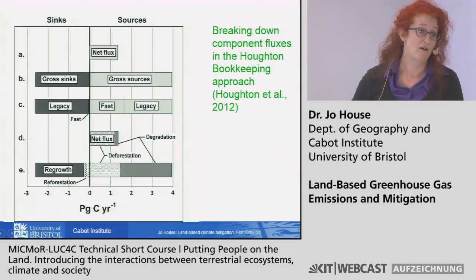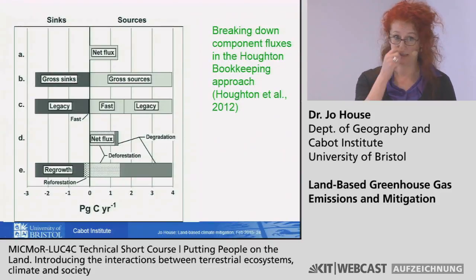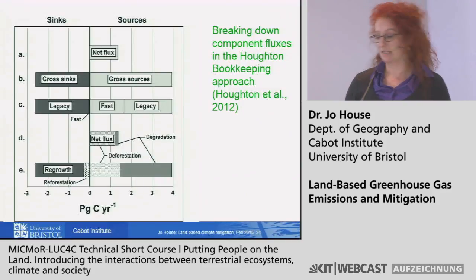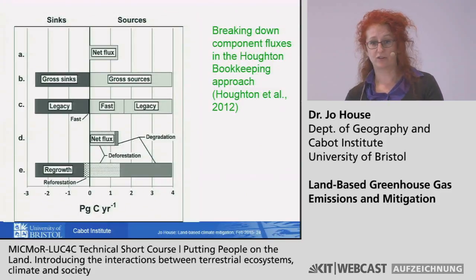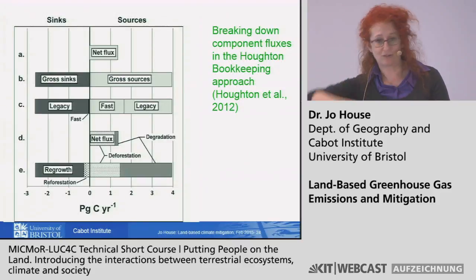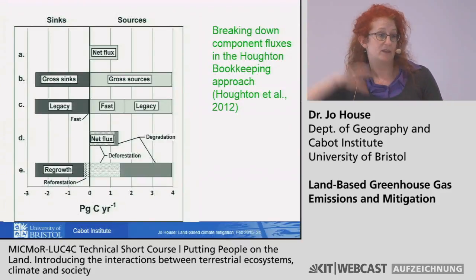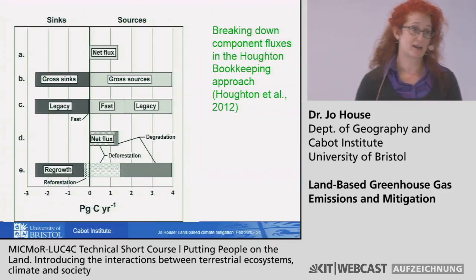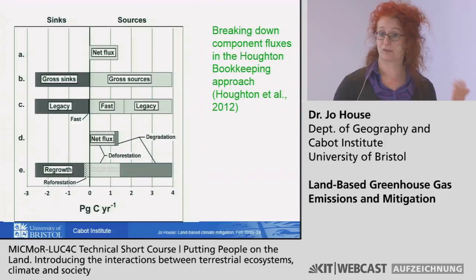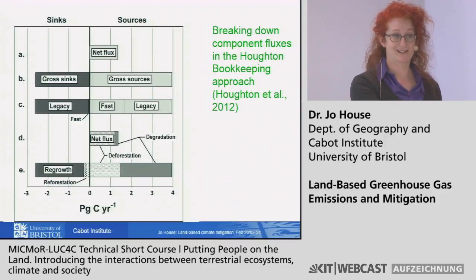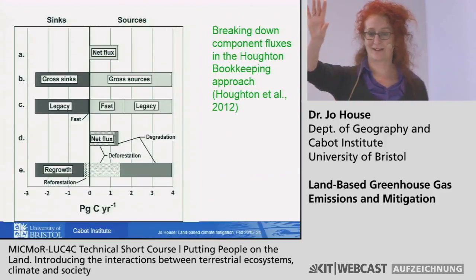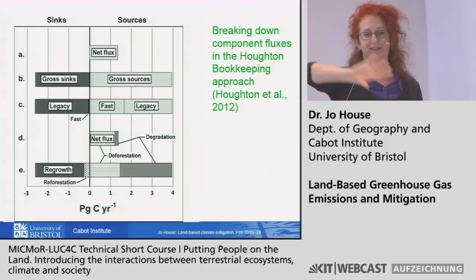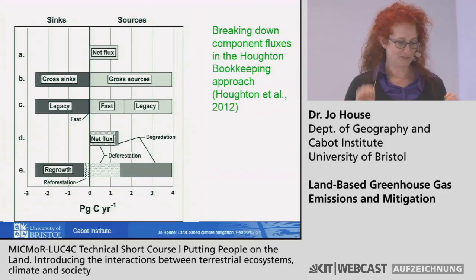There are also issues about fast fluxes and legacy fluxes that someone asked me about in the break. So the idea is you cut forest and you're going to have some immediate emissions. If you burn it, you're going to have a lot of immediate emissions, but then you're also going to have some slower decay over time as whatever's fallen on the ground continues to decay, as soil carbon gets lost. You also have legacy regrowth fluxes, and that's what I was talking about when you plant your forest prior to 1990, and then you've got the legacy effects from your old management going on into the future. So you have all these different legacy fluxes.